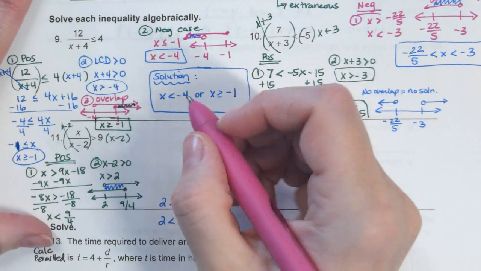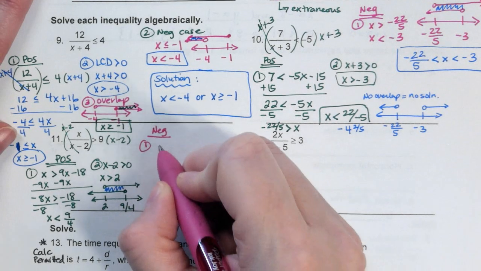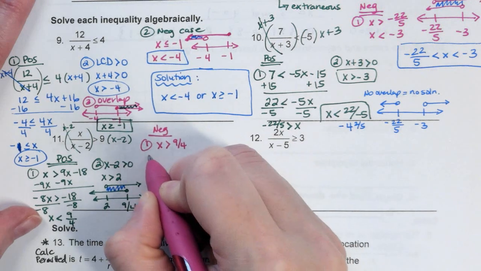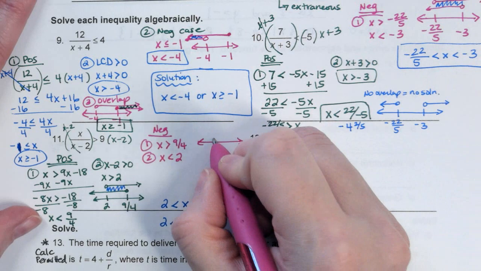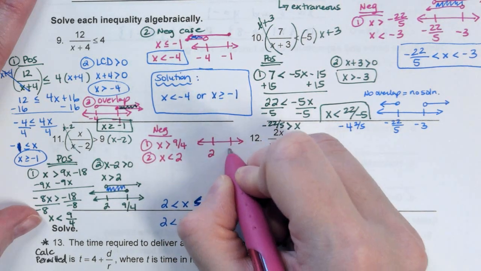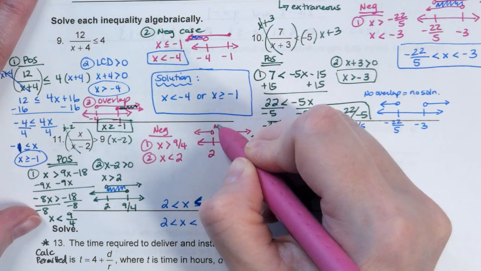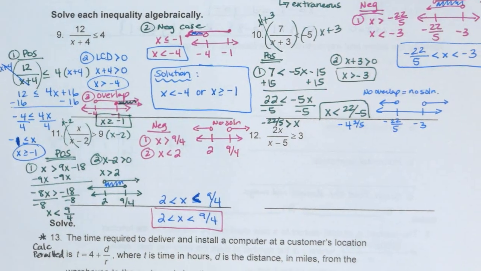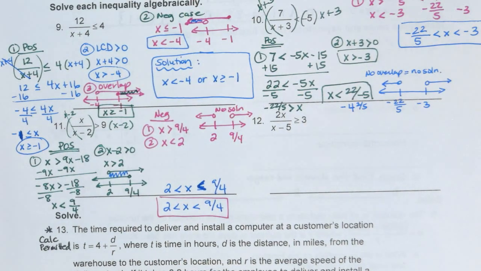Okay, and then in the negative case, what should happen here based on our patterns? There should be no solution. Good. Okay, so you have 2, 9 over 4, x is greater than, x is less than, so there's no solution there, which means this is your overall solution. All right, and then 12,